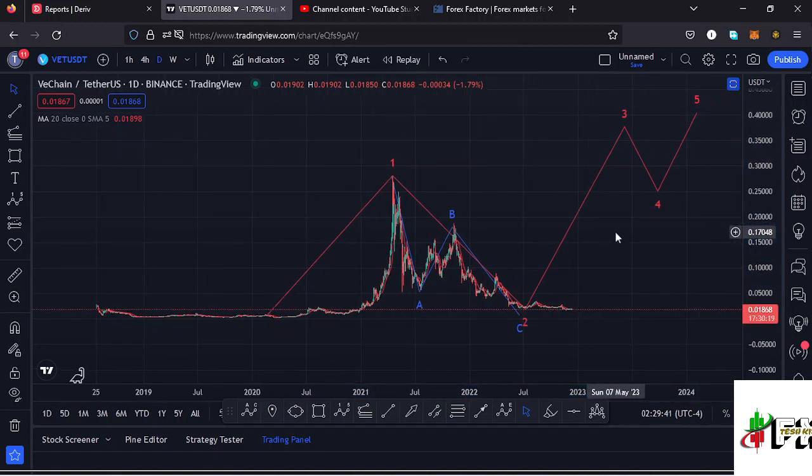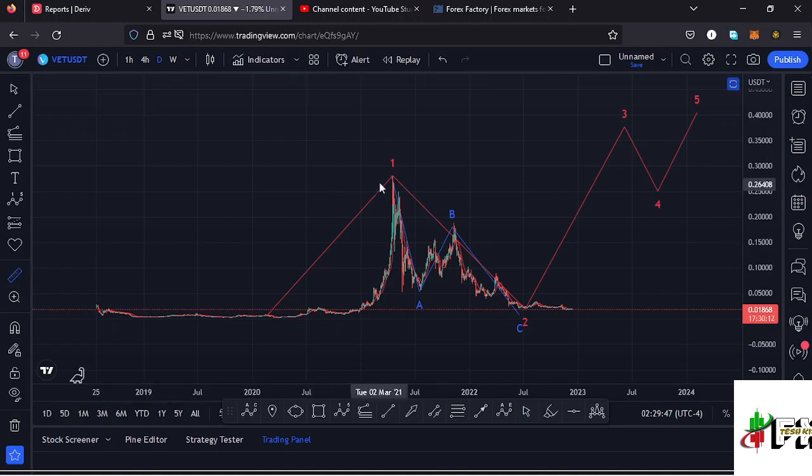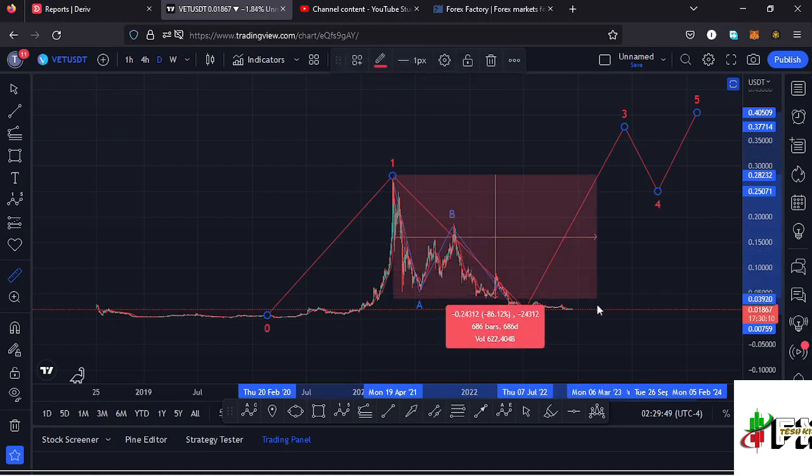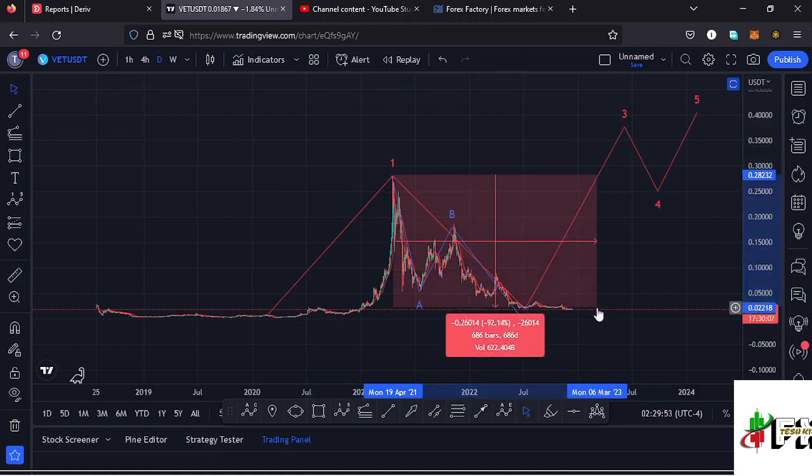And getting a little bit into the details of the formation of this Elliott wave structure that I have right here, I can first give you a measure from the all-time high, where you can see that Vechain from the all-time high is down more than 92%, and that means there are chances that we might have seen the bear market low, and there are also chances that we might have completed the formation of that higher Elliott wave count 2, but that doesn't mean there's no chance of making a new low here on the Vechain chart.